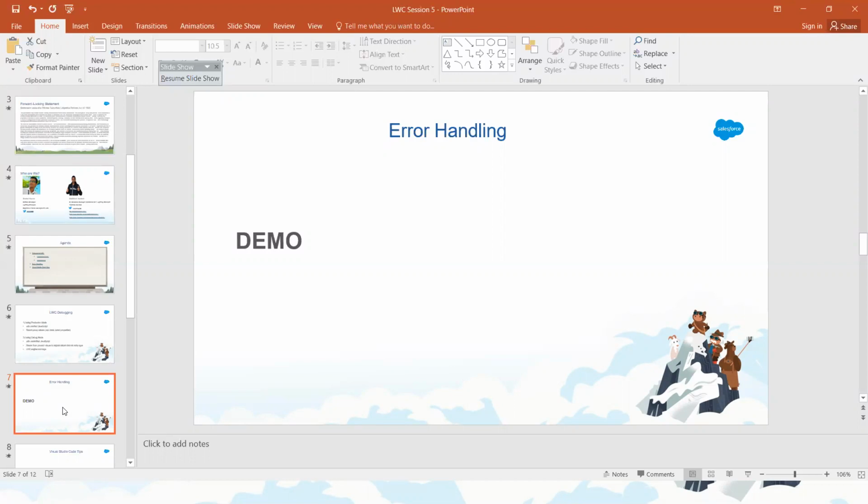Your business users are mostly not technical people. You can display a nice error, but if you display all the technical errors, they will not understand, right?